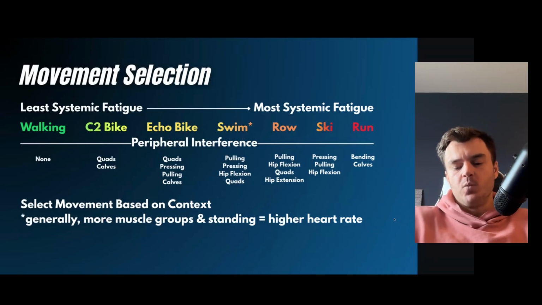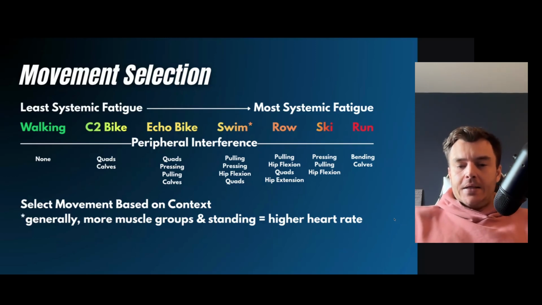So we've seen this before in the form of rowing paired with GHDs, rowing paired with V-ups. That makes the rowing significantly harder, makes the other movement significantly harder. It's fatiguing for the quads and it's fatiguing for hip extension. I do think that it's more taxing on the quads. That terminal knee extension that you get and the lockout at the back end of the stroke is going to